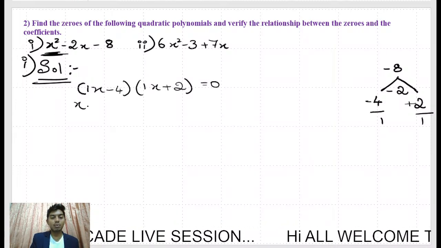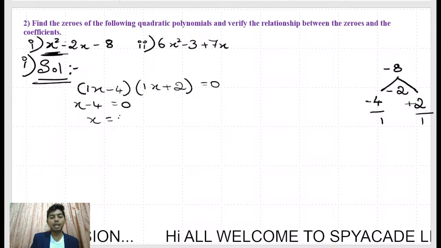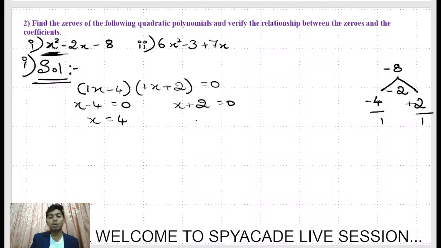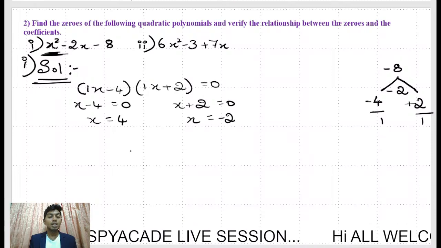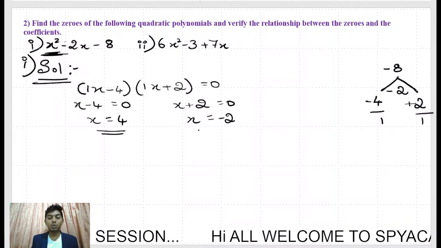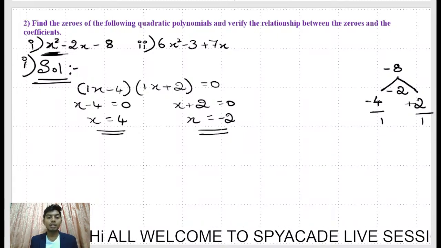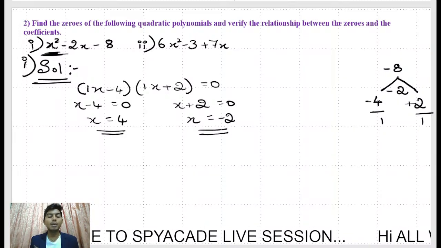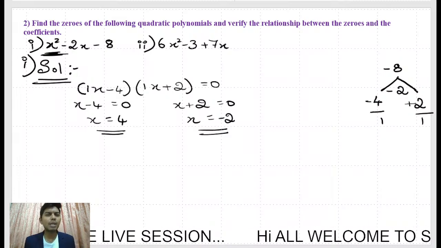So if you equate x minus 4 is equal to 0, you will be getting x is equal to 4. Same way x plus 2 is equal to 0, you will be getting x is equal to minus 2. So therefore the zeros of the polynomial are x is equal to 4 and x is equal to minus 2. Right? So you have to write the conclusion. Therefore the zeros of the polynomial are 4 comma minus 2, and then they are asking us to verify the